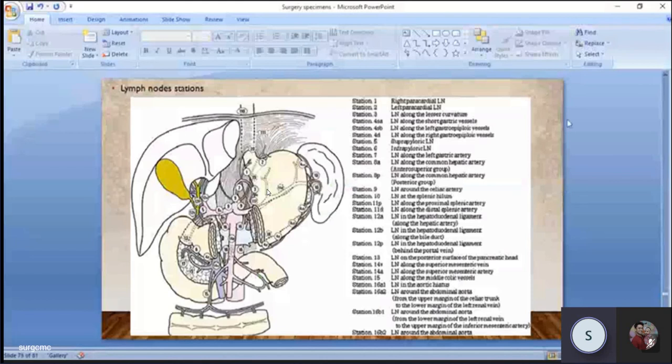Very much important. What is D1 gastrectomy? What is D2 gastrectomy? You should know. In D1 gastrectomy, we usually remove up to station 9 lymph nodes, up to the celiac axis, and in D2 gastrectomy we remove up to station 12, the hepatoduodenal ligament. You should know all the stations.